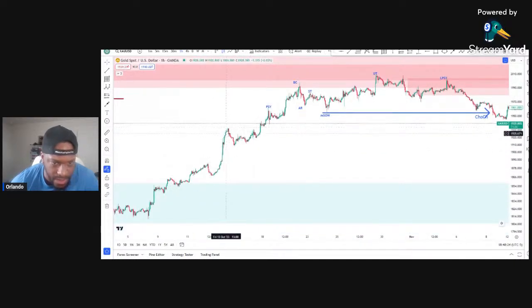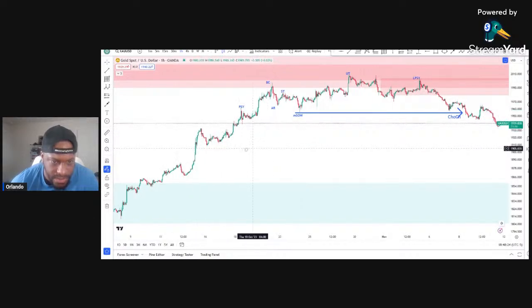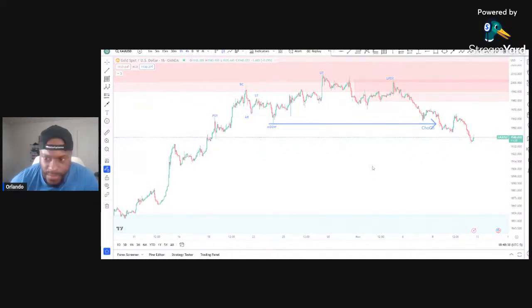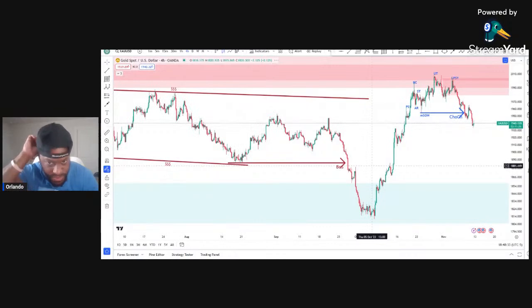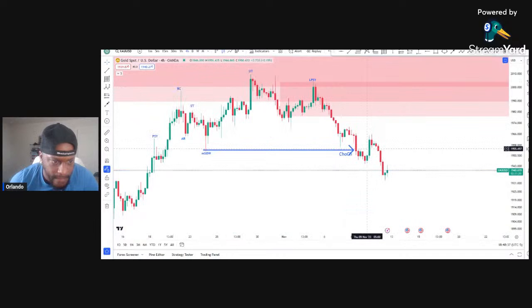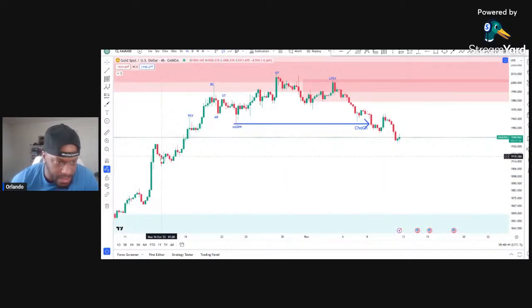This would be it right here, this entire zone. Let's see. I'm attempting to see the unmitigation. I think I see it right here. Right here, this imbalance. You got the accumulation, reaccumulation that led to a break of this structure right here. So internally, this right here would be that break of structure. And then